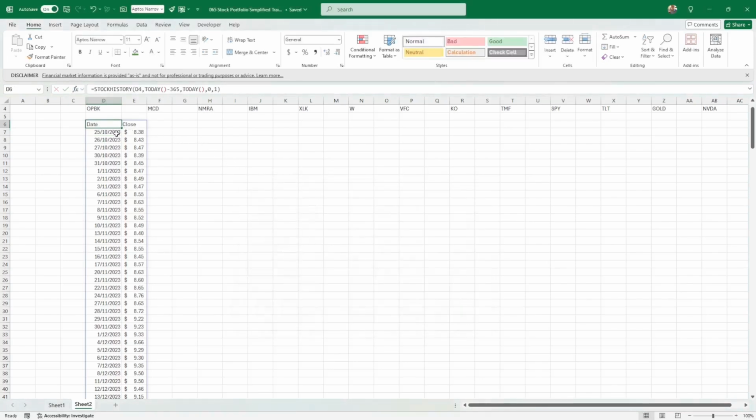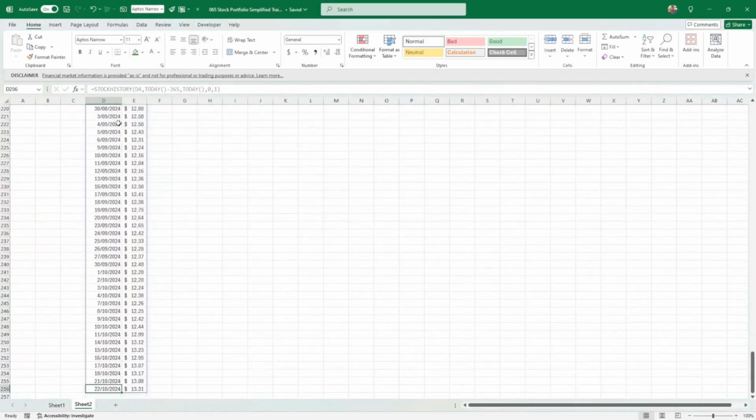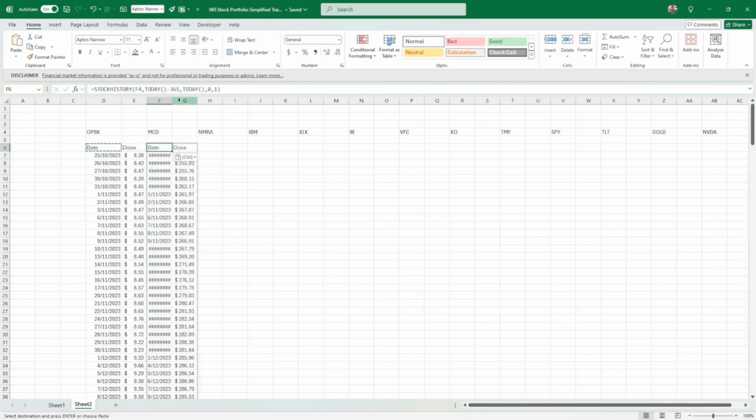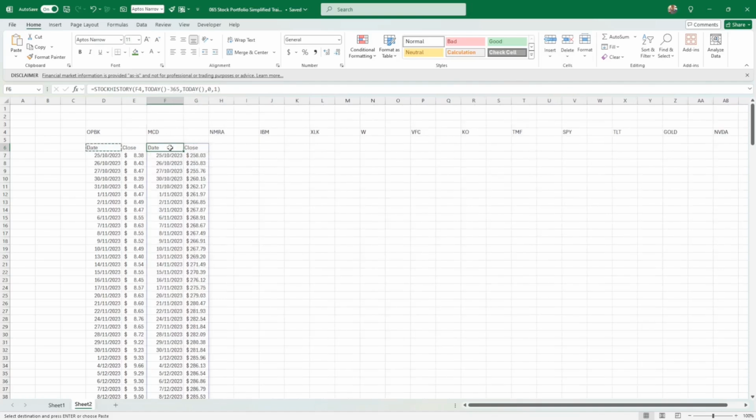Okay. Now, I just want to check how low it goes, 256. So that must be the amount of working days there is. So if I just copy this and paste it here, it should retrieve the same for McDonald's here, because I'm referring to the cell above. And I'm using constants, quote-unquote constants in this, because I have today minus 365 and I have today. So if I just copy and paste here all the way,